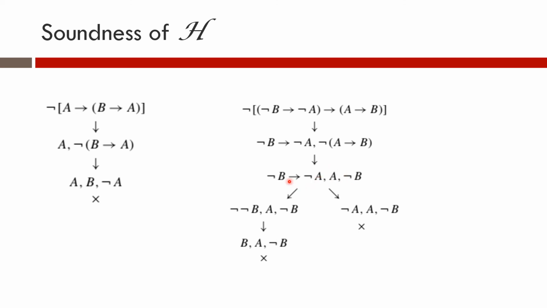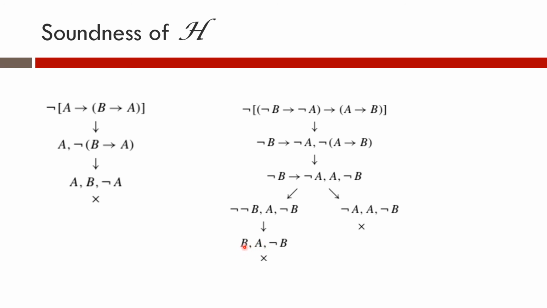Now this particular formula, negation B implies negation A, is a beta formula. So negation B implies negation A is equivalent to negation of negation B or negation A. So we construct two children for this. The first child will be labeled with negation of negation B, and the second child will be labeled with negation A, comma A, negation B. Here we have negation of negation B, which we can write as B. So that is actually an alpha formula. We write it as B.